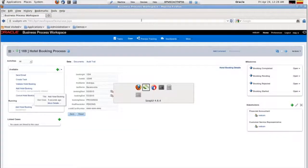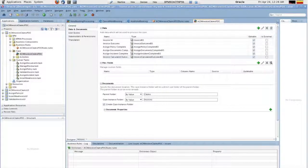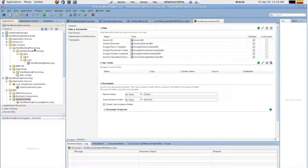Yeah, so probably that's a quick introduction, and just one very important hint is that if you would generate human tasks for ACM,